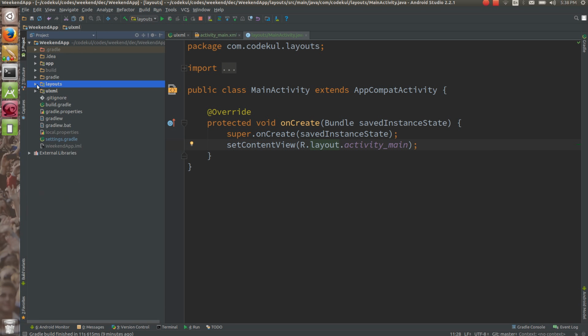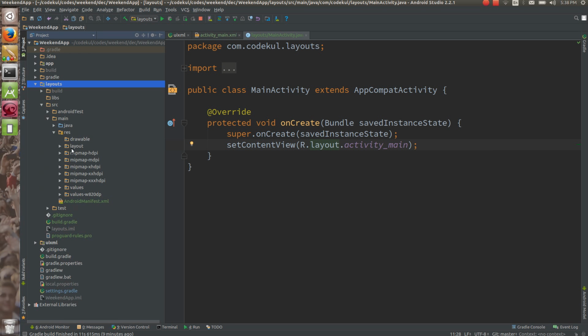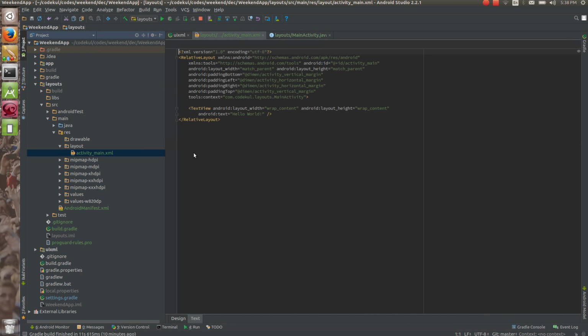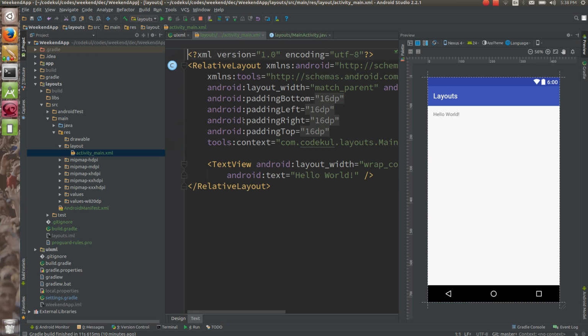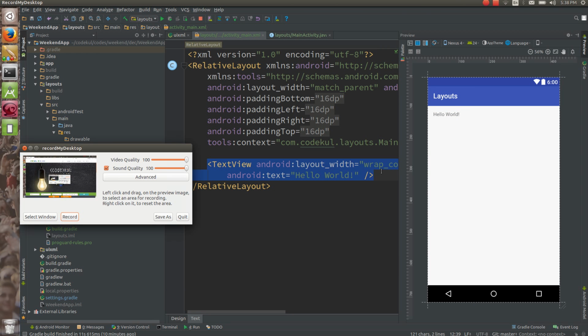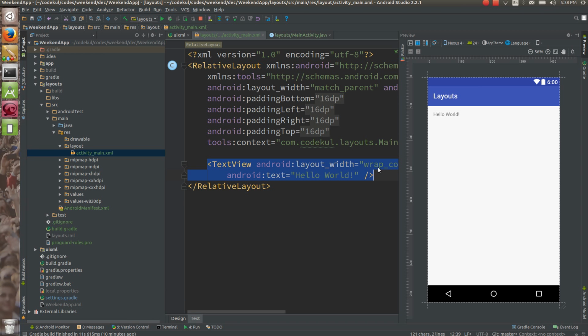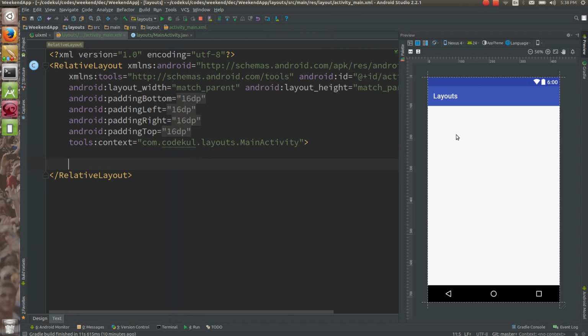Now what I want to do is create a layout like this. Let me show you on the preview. I want to create a layout like this. So consider that this is my mobile. I want to create one button over here, another button over here, another button over here, here,